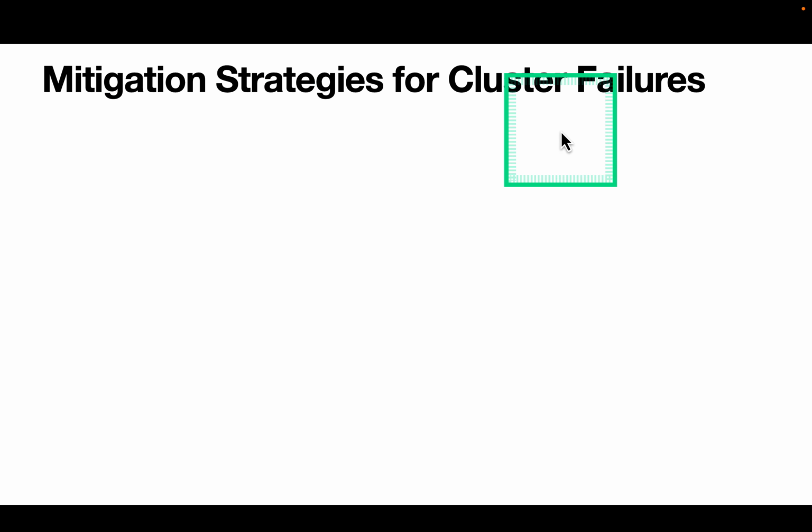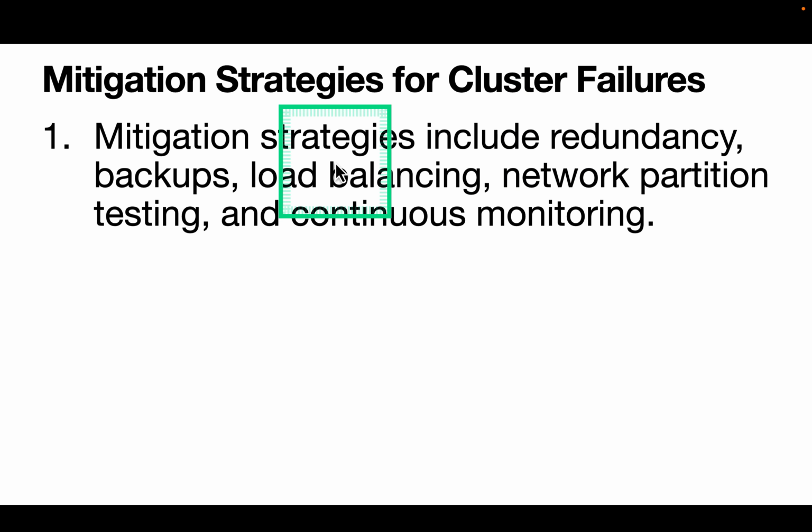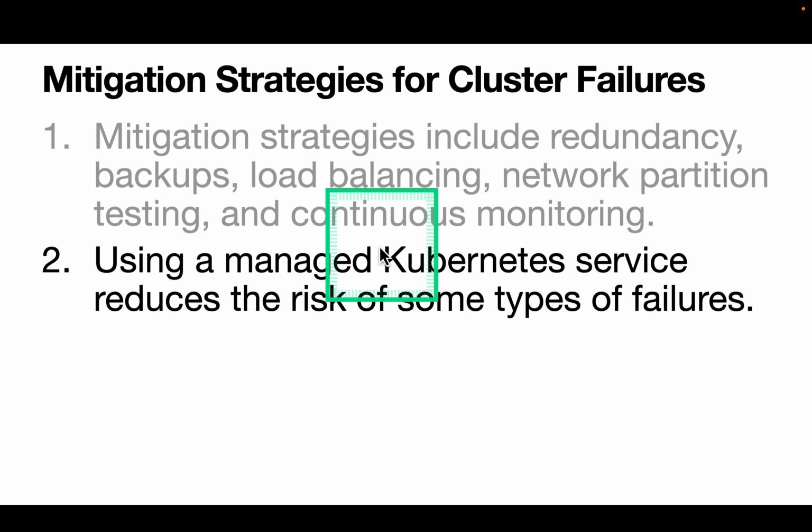Mitigation strategies for cluster failures. There are several strategies to mitigate the impact of cluster failures. These include setting up redundant systems and data backups, implementing load balancing, testing for network partitions, and continuously monitoring cluster performance. Managed Kubernetes services such as GKE, Google Kubernetes Engine, EKS, Elastic Kubernetes Service, or AKS, Azure Kubernetes Service